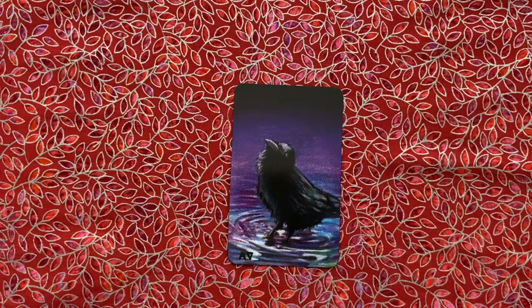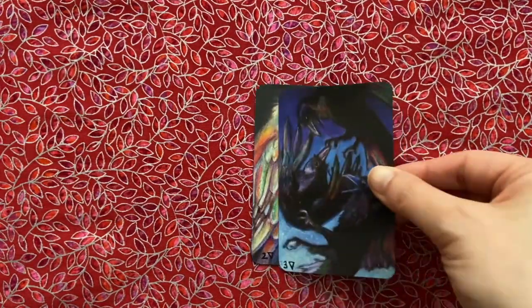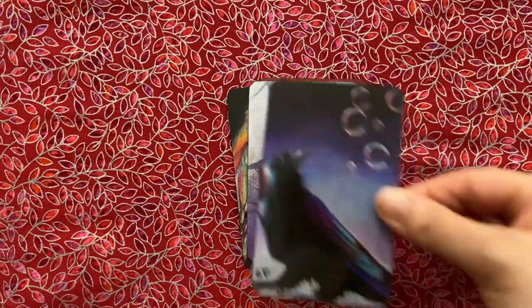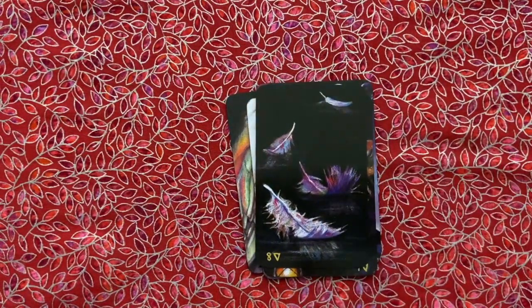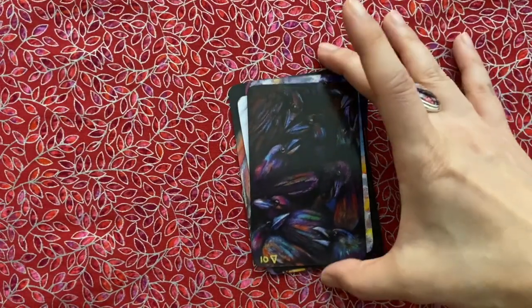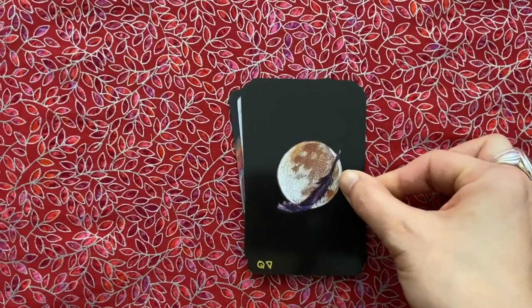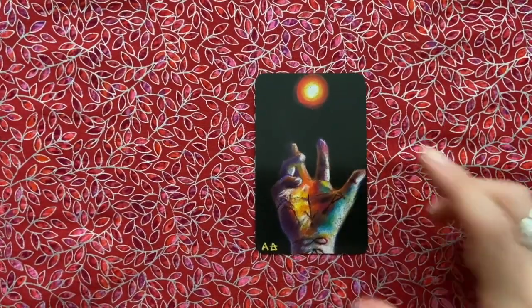Cups, we have ravens for cups. 2 of Cups. 3, 4, 5, 6, 7, 8, 9, and 10. Page, Knight, Queen, and the King. Next we have the swords, Ace of Swords,